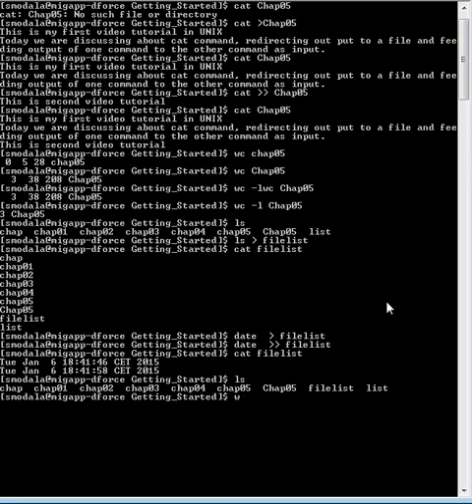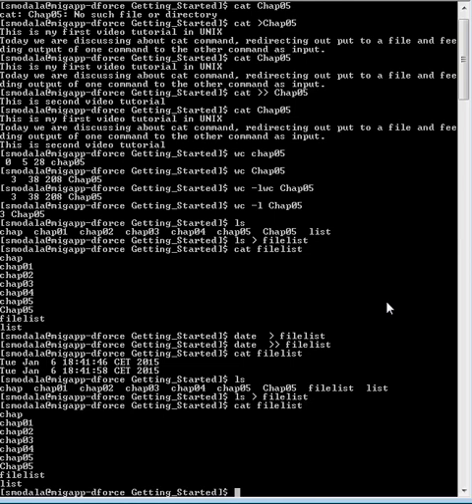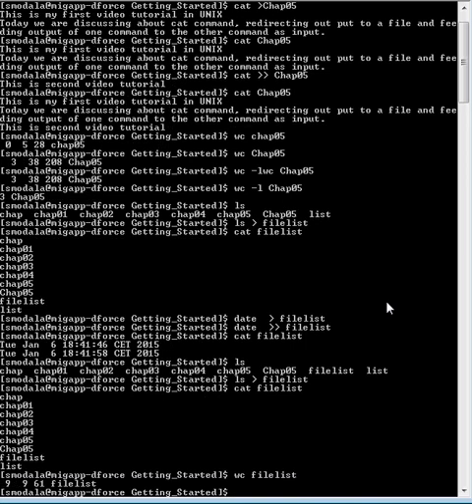Oh, but filelist now does not exist. Okay, let me redirect ls to filelist. Now what will filelist contain? It simply contains all these file names, right? So now I can issue the command wc filelist. It gave 9 lines, meaning 9 files were there in the directory, these chap01, chap02 and so on, plus filelist. So we have a total of 9 files, 9 words and 61 characters.